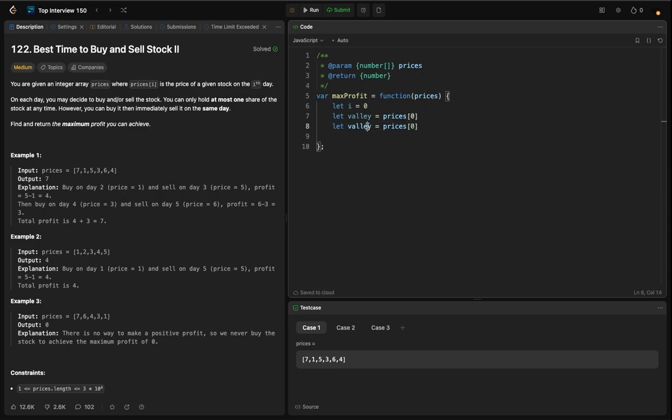I have also the peak price, which will also be prices[0], and I will have let maxProfit, which will be equal to 0 also. And I will create a while loop. So while i is less than prices.length minus 1,